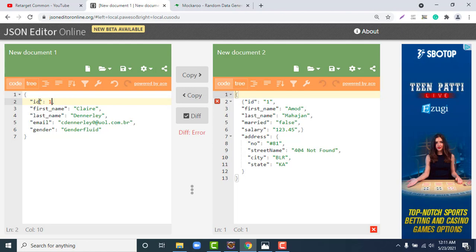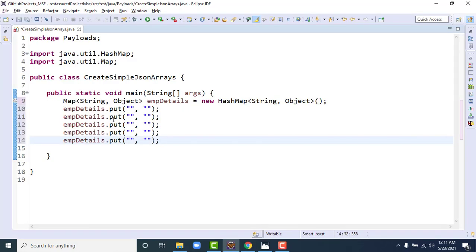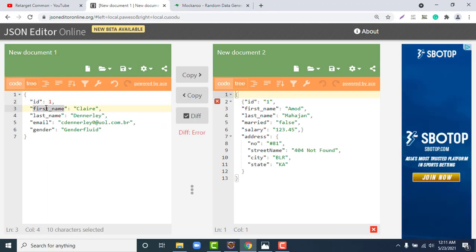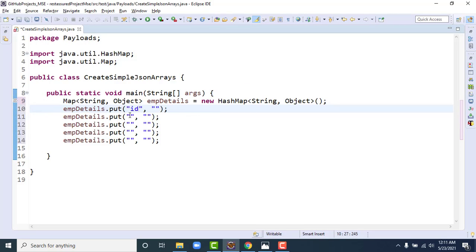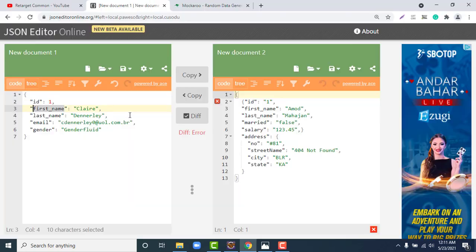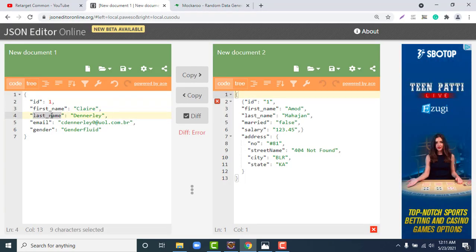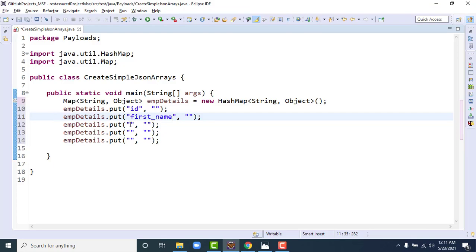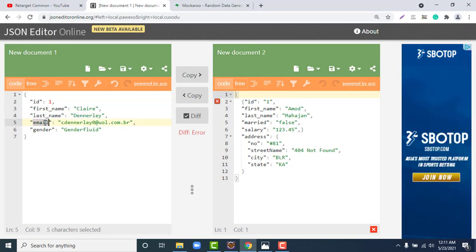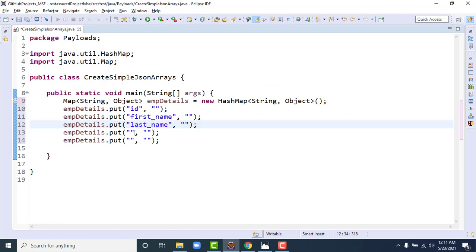Okay, let me copy the key and value from here. So in map, if I am creating a payload using map, we need to keep an eye on the keys. Okay, we need to use the same key. That is the problem with the map, but we can use the enum, right?